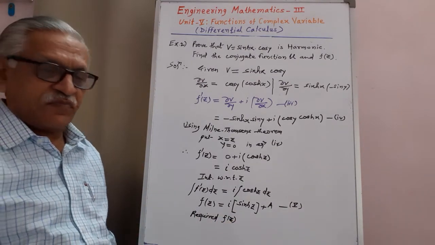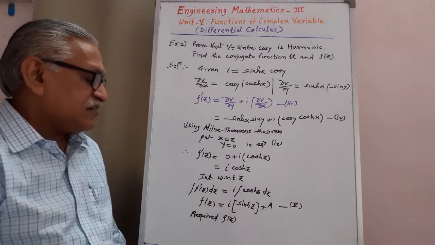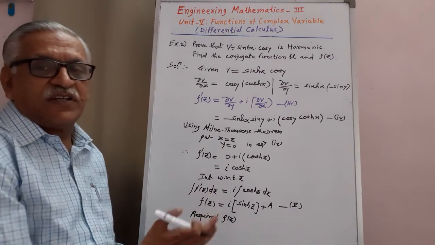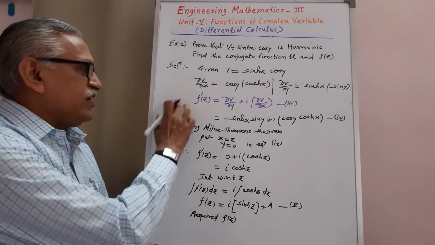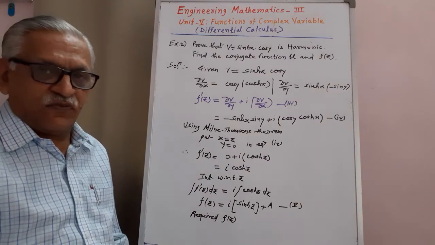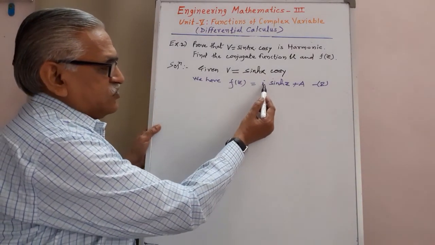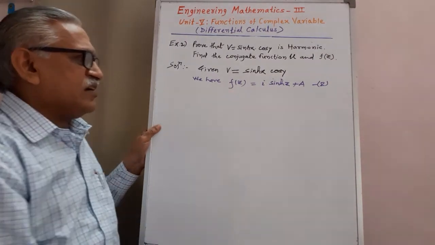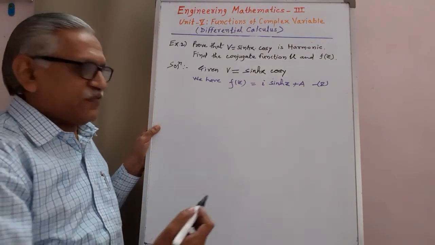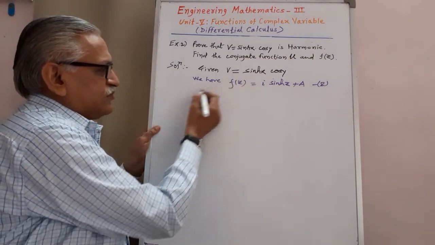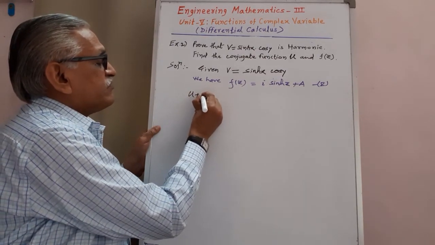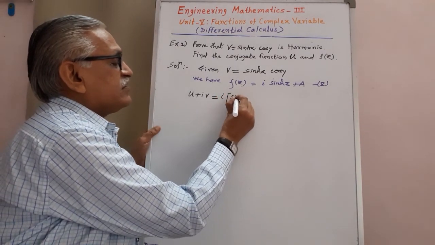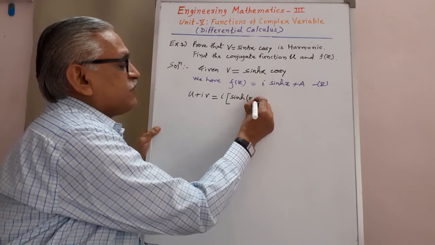Second part is over here. Obtain the analytic function f of z. Then using this analytic function, we try to obtain the conjugate of v, that is, we try to find the value of u. We have f of z equals i into sin hyperbolic z plus a. Using this equation, we try to find the conjugate function u. For that, we substitute f of z as u plus iv, i times sin hyperbolic z, where z is x plus iy,